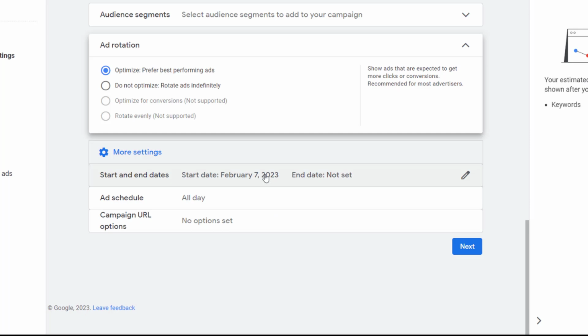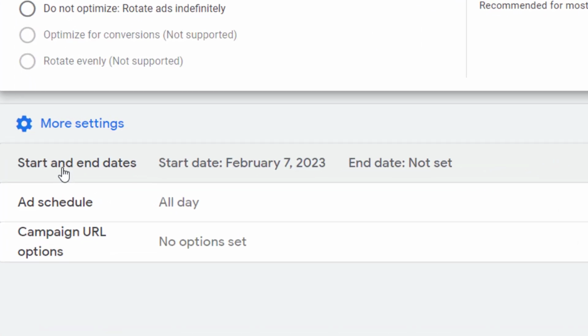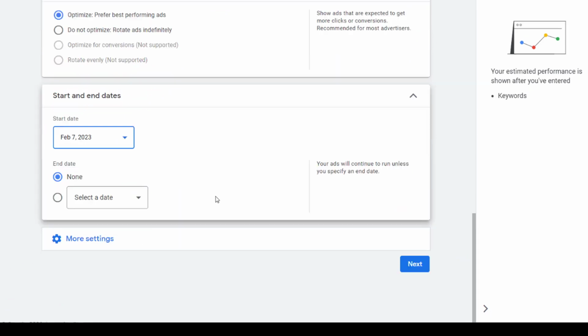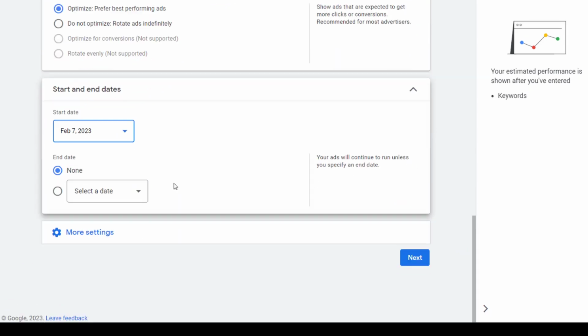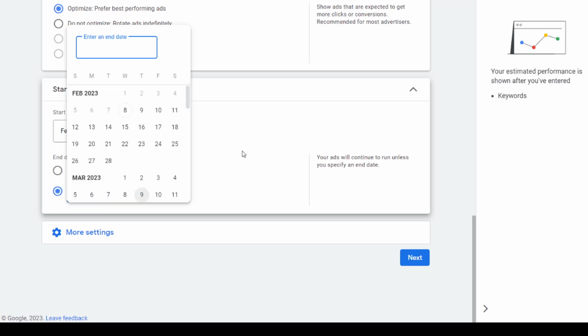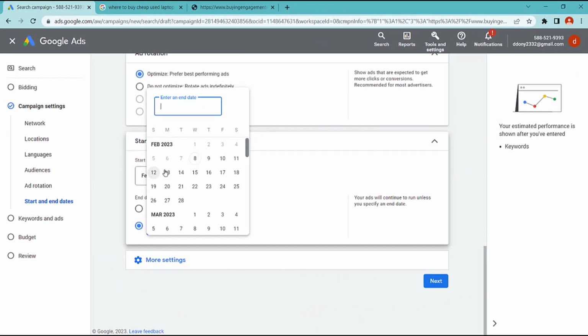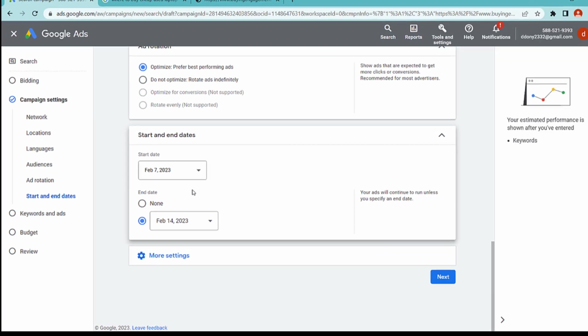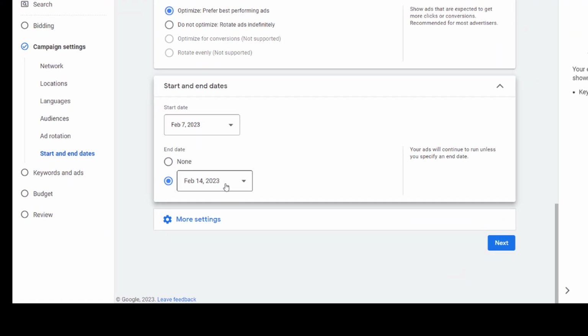If you are not regularly checking your campaign, I suggest you choose and use start and end date. Select date. You can choose 1 week from February the 7th. Okay, you choose 1 week.